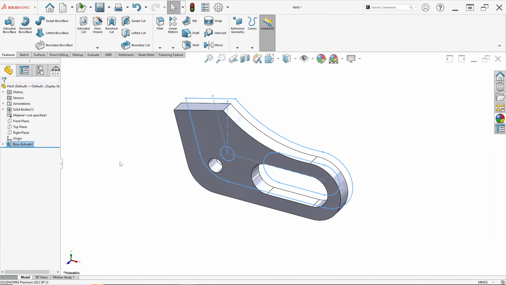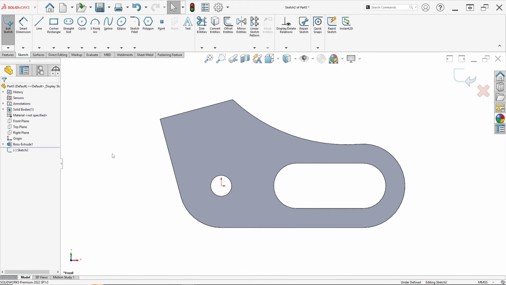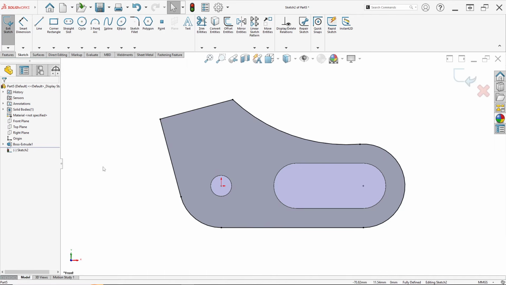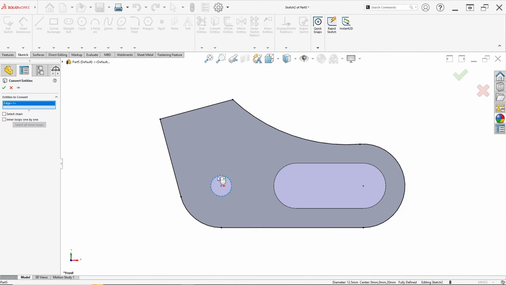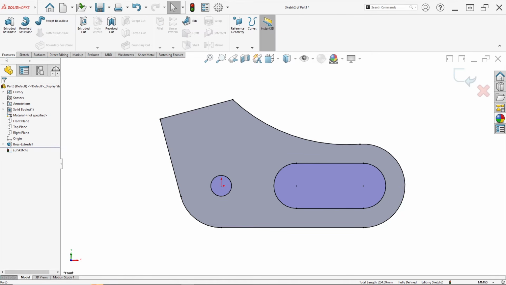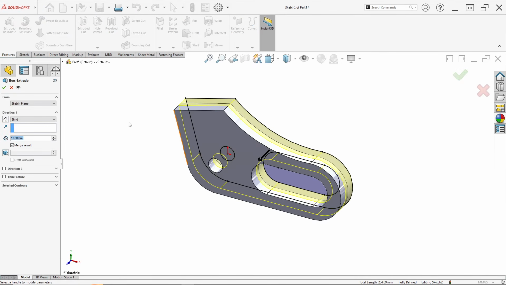Just click OK. Right click again on front plane and click sketch. Now we can use convert entities. For this face, click OK and click convert entities again. This edge, this edge, this edge, this edge, and this edge. Click OK. Click feature again and just click extruded boss or base.